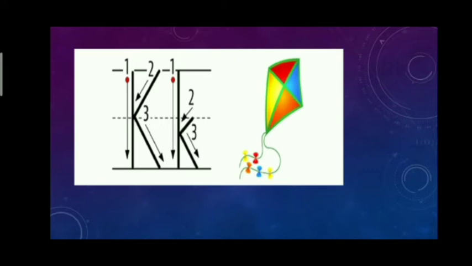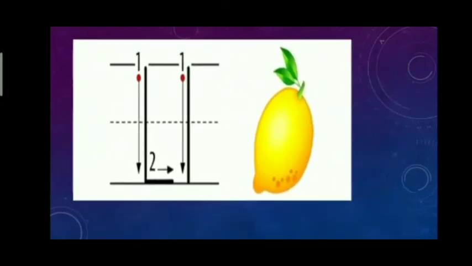Then arrow number 3. It is same as capital A. Coming to the next letter, it is L. L is very easy. L for lemon. Starting with the red dot, make a standing line. Then arrow number 2, sleeping line. Small l, starting with the red dot, one standing line only.